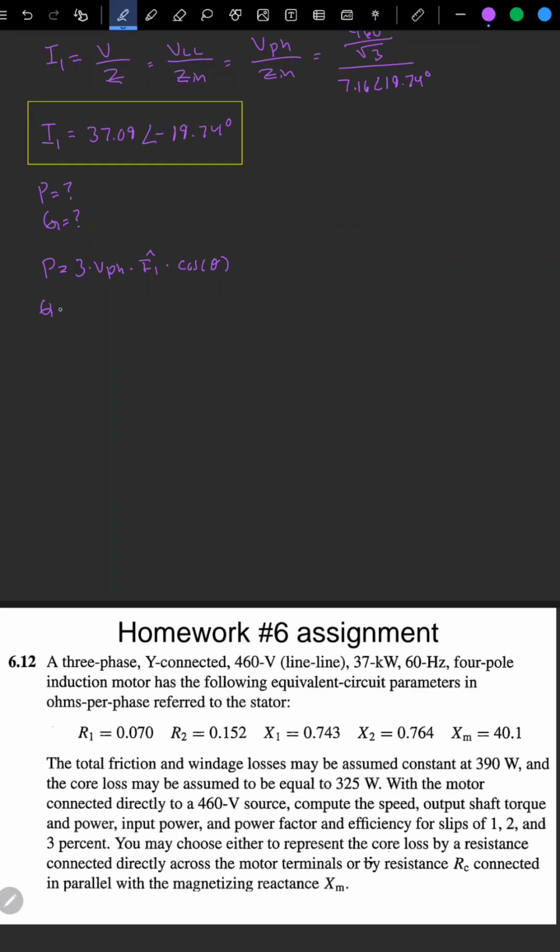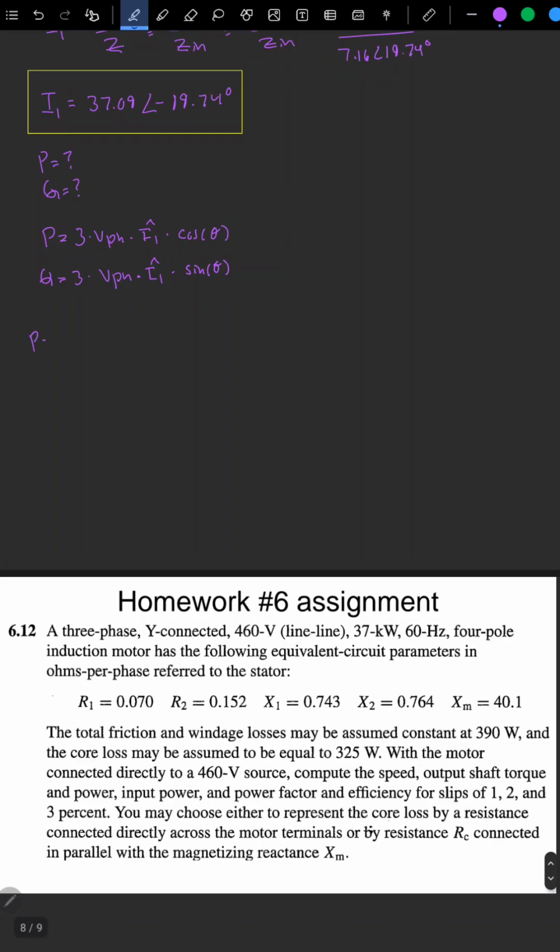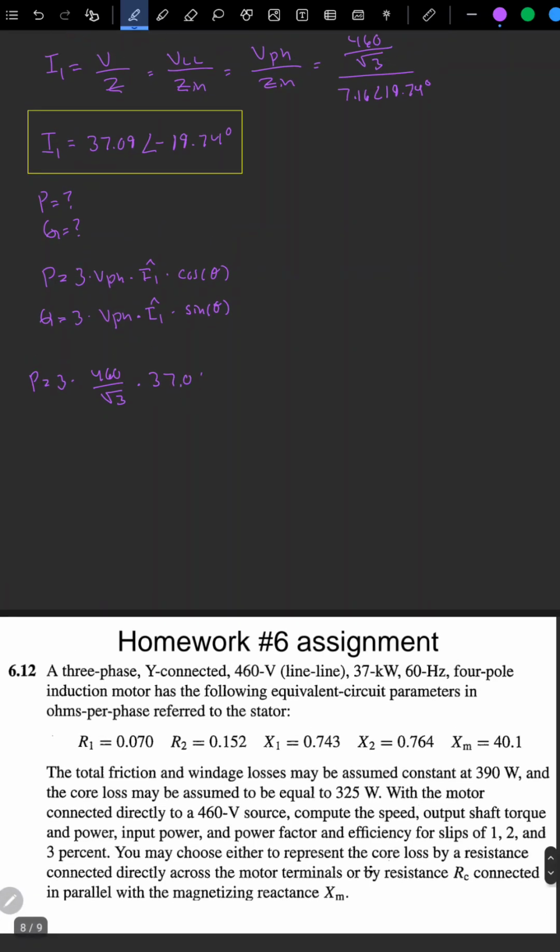And Q equals 3 times V phase times I1 times sine of the angle. So P is going to equal 3 times 460 divided by the square root of 3, multiplied by the I1 that we just found, 37.09, times the cosine of the angle difference between voltage minus the current. So P is going to equal 27.815